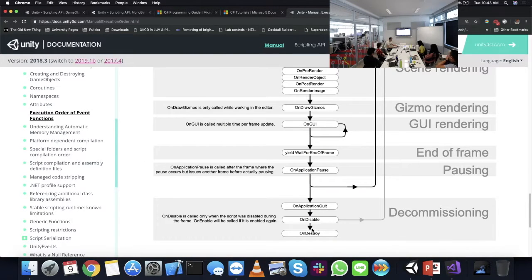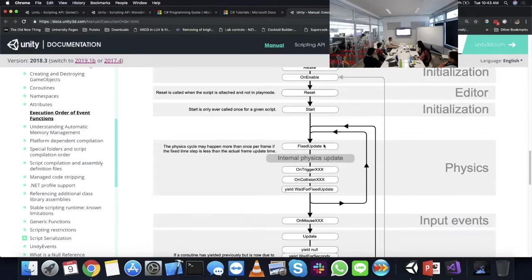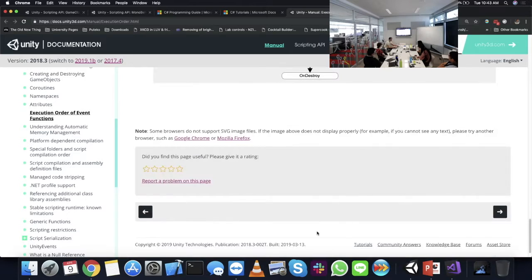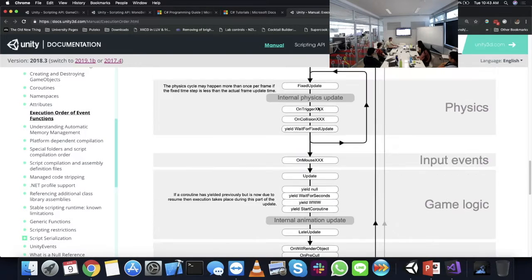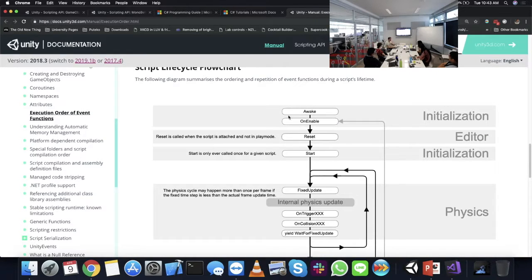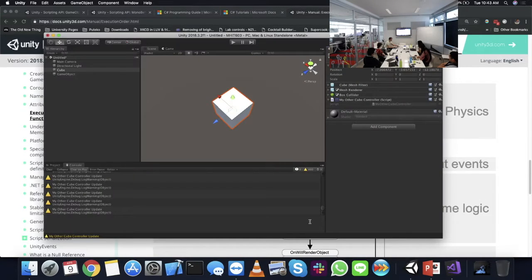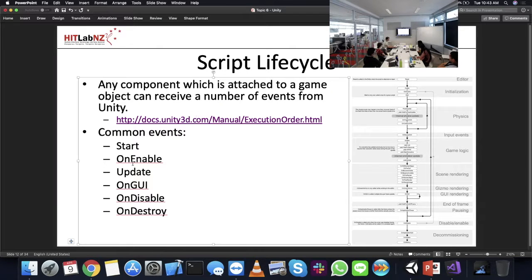And likewise, we have an onDisable method, which we can override if we want to know when the script has been disabled. So enable will tell us when it's enabled, disable will tell us when it's disabled, and things will only run, apart from the awake function, if the script is enabled effectively. Cool. Start, onEnable, update, onGUI is one that we're going to look at a little bit later